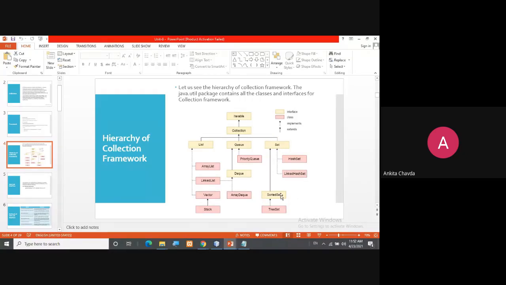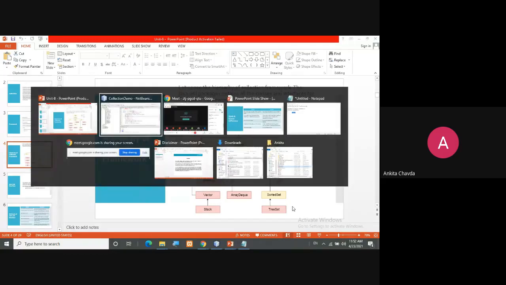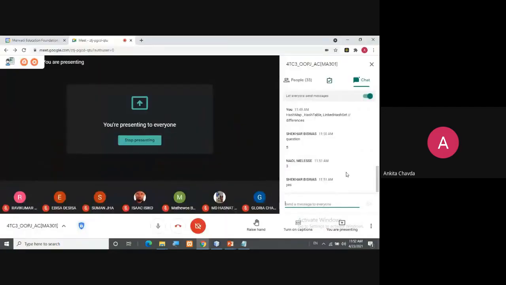But sorted, the name itself says what this tree set will do. Everyone, what it will do? The name itself says sorted. Means what? It will sort all the elements.